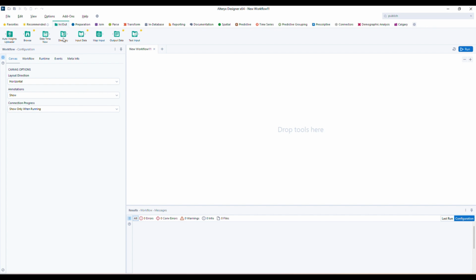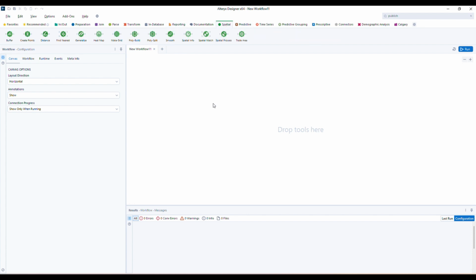Under each category, for example, the input output category, you have the related tools. Under preparation, you have the tools related to preparing the data. Under join, you have the tools related to joining the data, and same as under reporting, you have the tools related to creating the reports and visualizations, and same like you have the spatial and predictive also, many tools to do your required analysis.